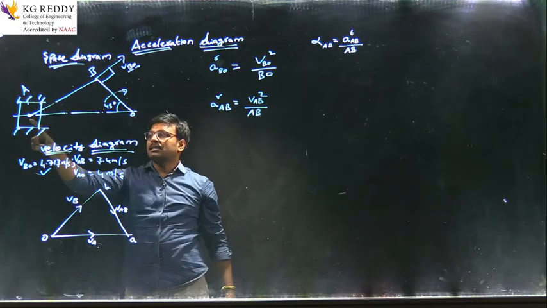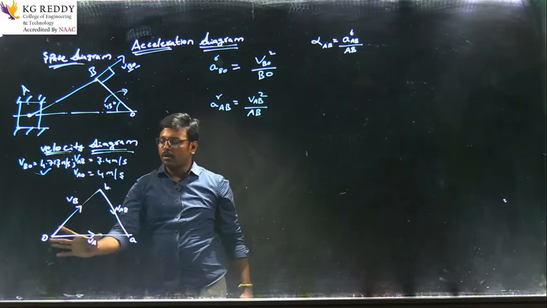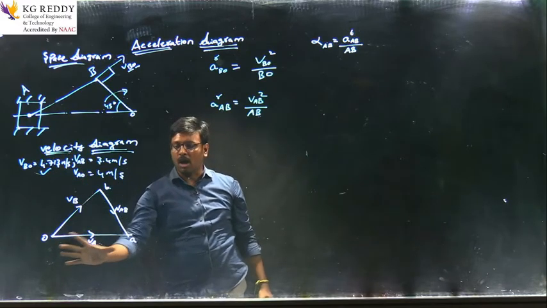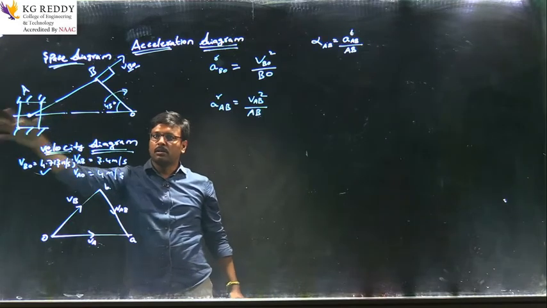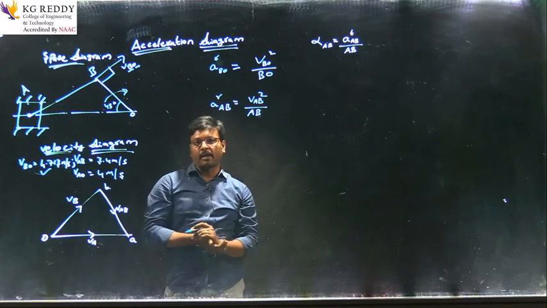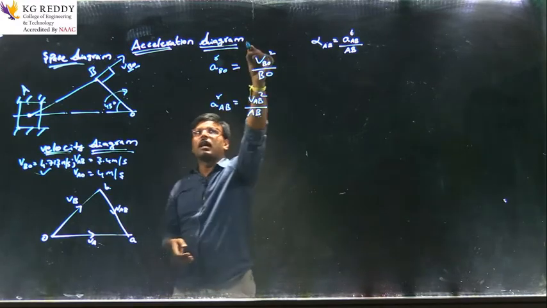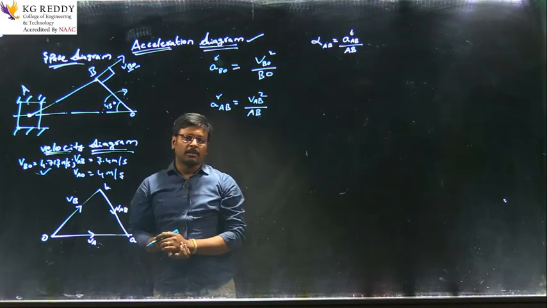As the slider is sliding there, we have to take it in the same direction. This is horizontal, it is the default one. Whenever we have a sliding, that is a to-and-fro motion, we have to take it here. So this is about the velocity diagram. The next one is the acceleration diagram. Today's topic is to find the acceleration by using the diagrammatical method.